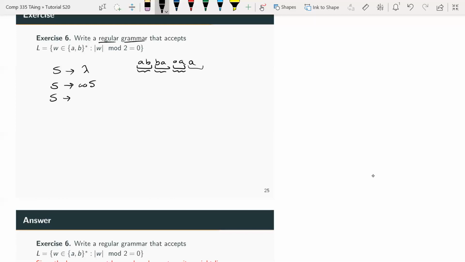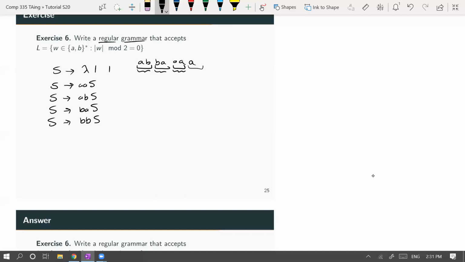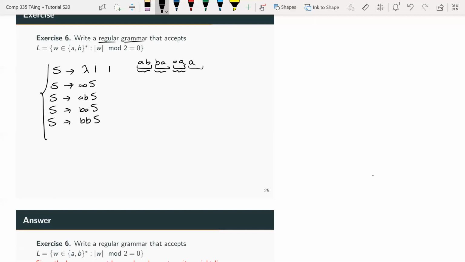Or S gives you AB and then S, or S gives you BA and then S, or S gives you BB and then S. Or if you want to make this cleaner, you could use pipes, to say that it's either lambda or AAS or ABS and so on. This becomes the grammar that generates all of the possible even strings over the alphabet {A, B}. And so that's it. That's the grammar